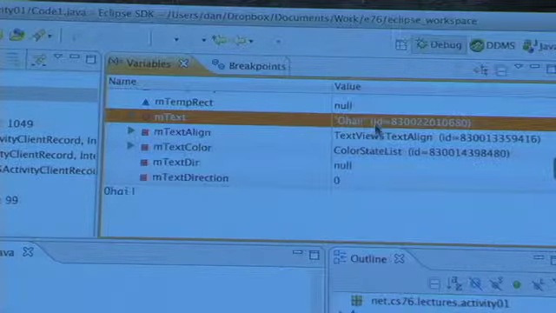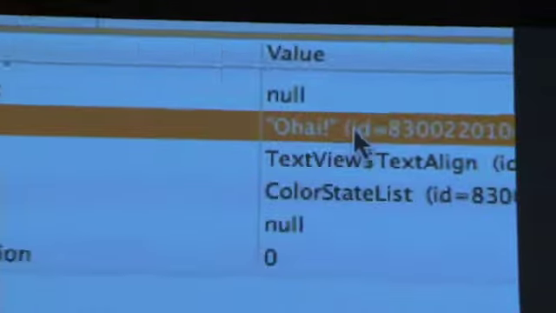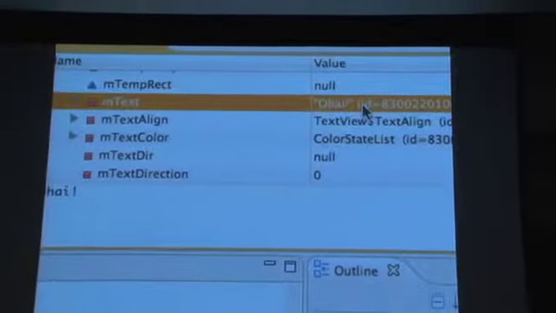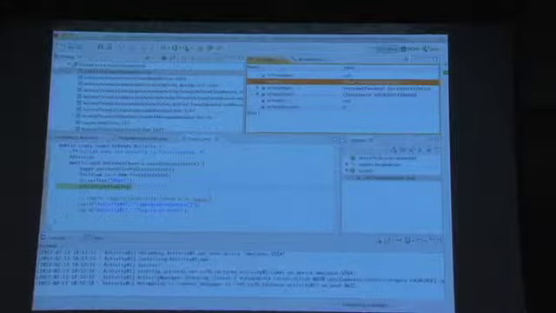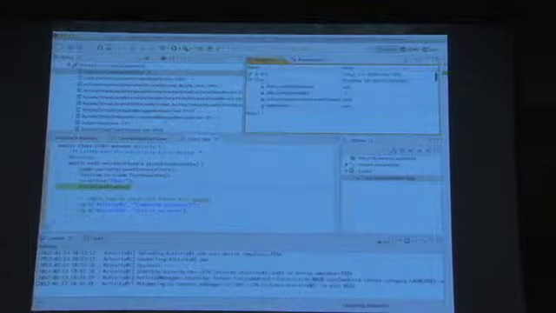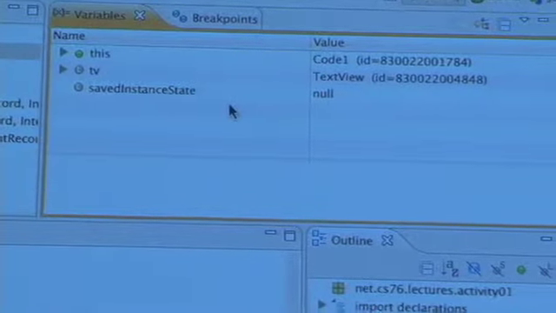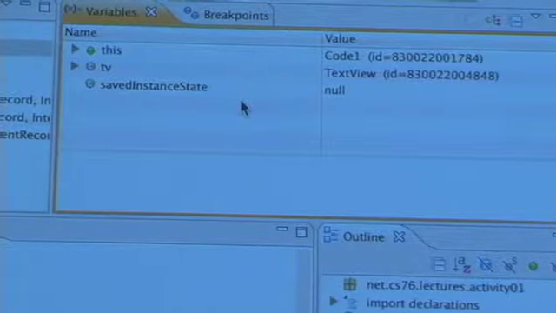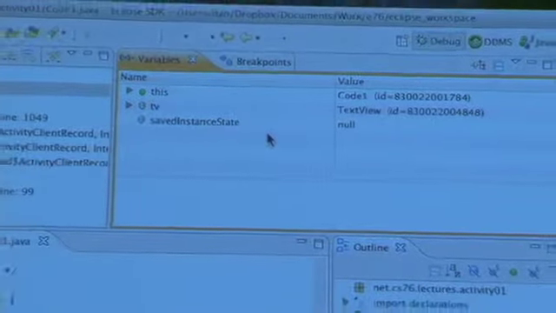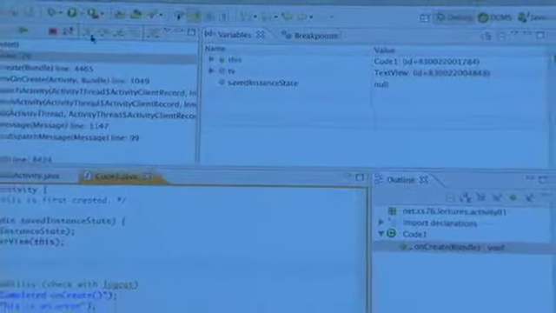In this case, we can see here it's been set as "oh hi." Before, at the previous breakpoint, we would not have seen any text in here. It would not have been set before. So that state has changed from a moment ago. We can also see all of the various variables that I've created. In this case, it's a very basic program, so you don't see a lot of field variables. But you could track those changes in the state of your variables,